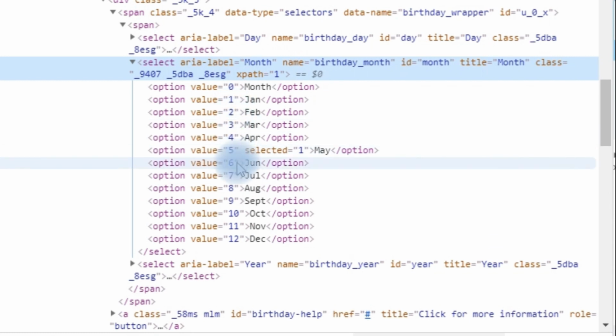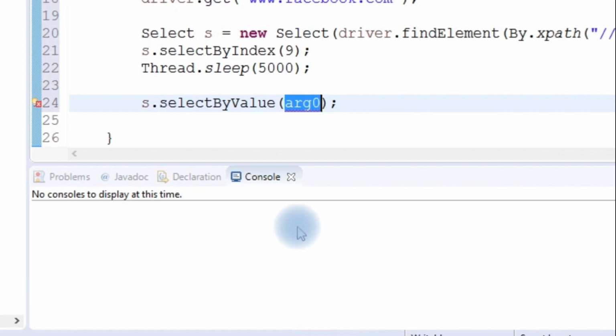Whichever value we have to select, we have to give the value of this value attribute. For example, if I have to select month of March, then I have to give 3 in that argument because the value of this value attribute is 3. Here I will give select by value, in the double quotes I will write 3.